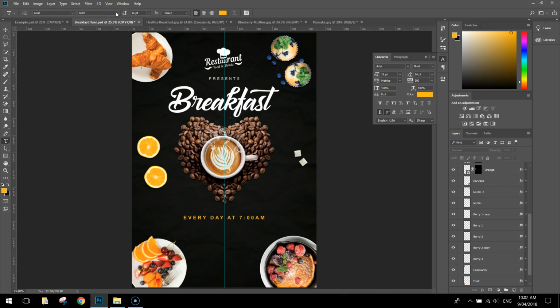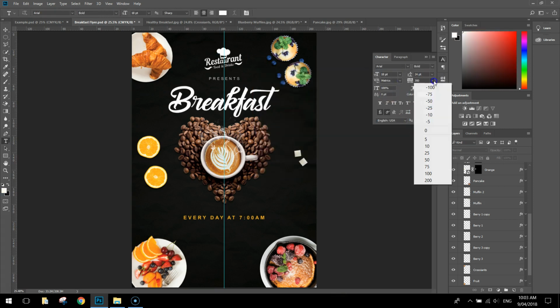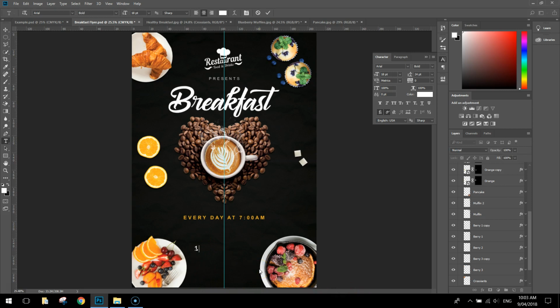What are we going to do here? We're going to have Arial. It's going to be bold. We'll make it size 18. We're going to center the text in the center alignment and the color is going to be white. The tracking is going to be back to 0, so there's no major space between each letter in what I write. And we're going to write in down here, just number 1,